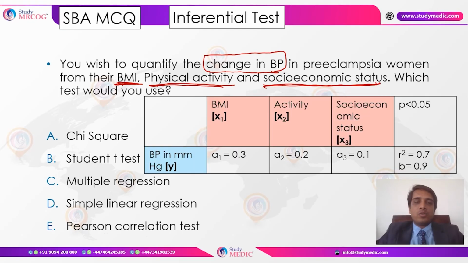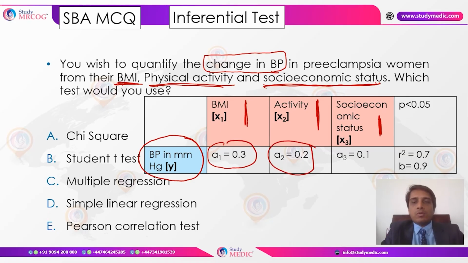So you can see we are trying to predict the BP from BMI, physical activity, and socioeconomic status. To further understand the meanings of this A1 value, A2 and other values, the R square value, etc., and the P value,